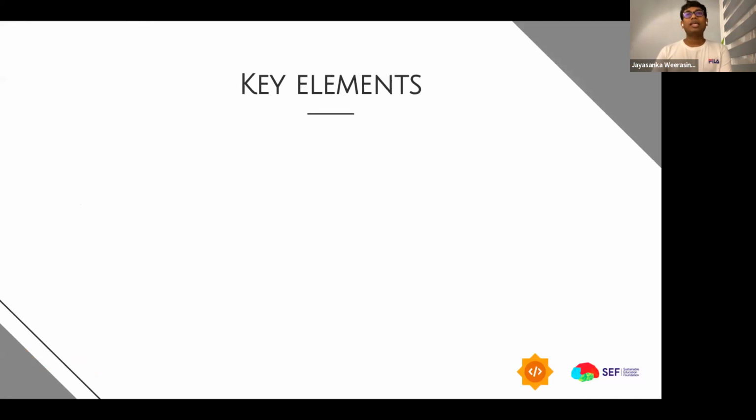So let's talk about the key elements of this proposal. I would say you can divide your application into two main parts. The first one is about yourself. Explain your background and your skill set, and also your previous contributions to the community or to other organizations, maybe PR links or whatever.